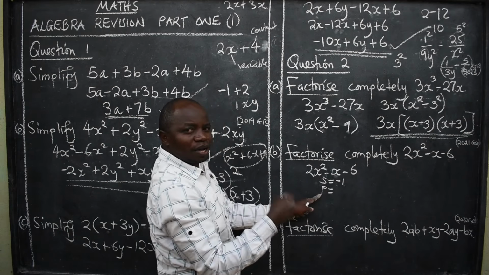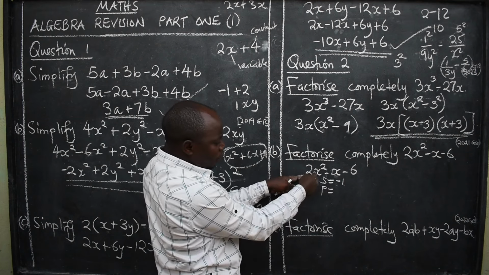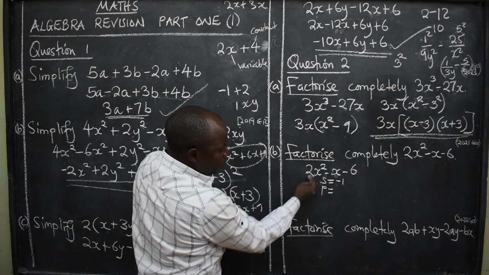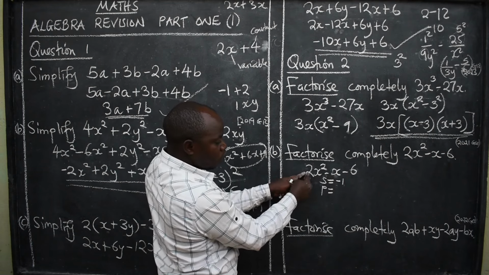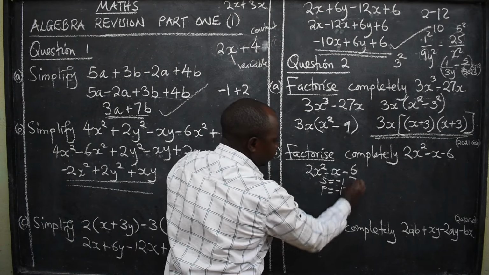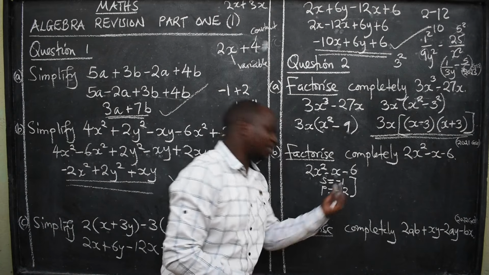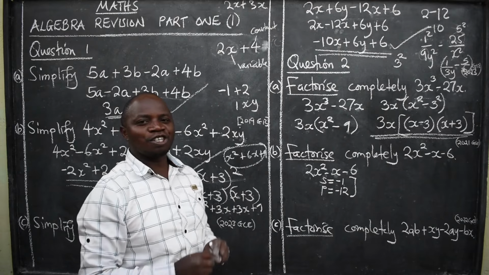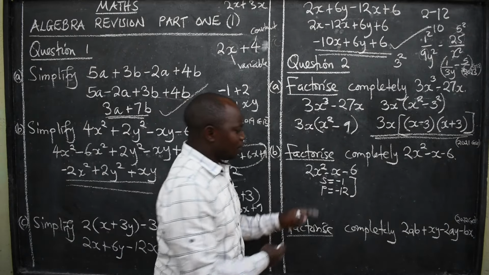For the product, from the word itself, product, multiplication. You are now going to multiply the coefficient of x squared and the constant. You multiply these two. If there was no number here, it means there is a 1. So 1 multiplied by that. But in this case, there is a 2. So we're going to say 2 times negative 6. We're going to get negative 12. Negative 12. So these are the numbers that we have. We have the sum, negative 1. We also have the product, which is negative 12. What next? You are now going to look for 2 numbers that can be the same, can be different. Those 2 numbers, when I add,